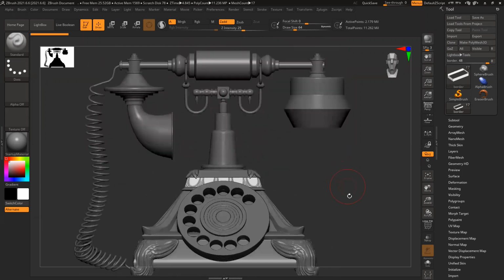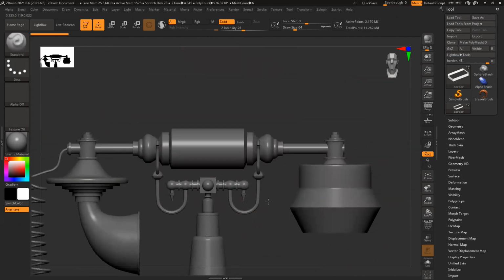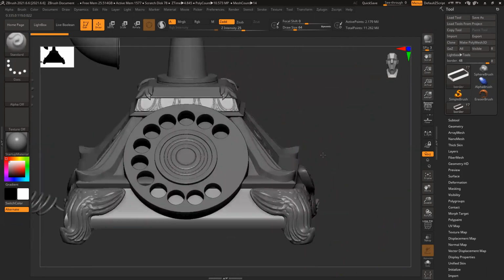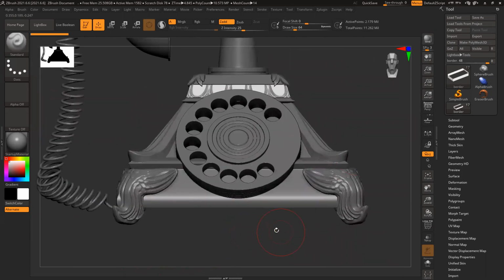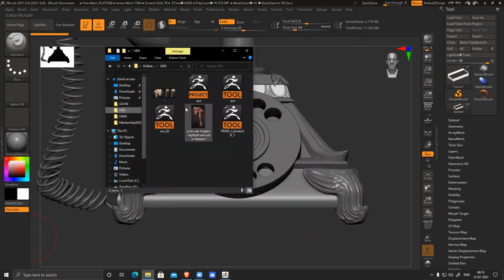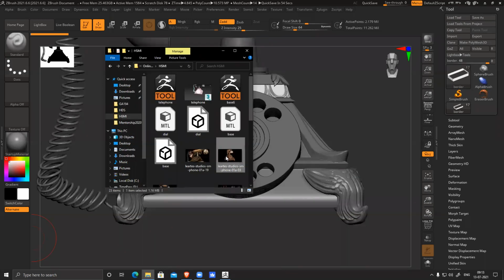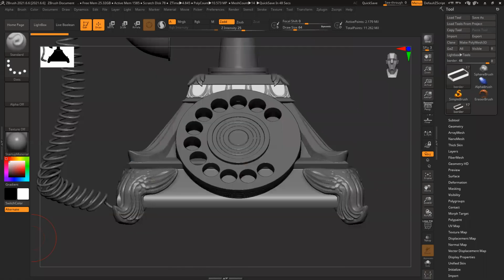Okay, let's start with the rest of the details. Okay, let's see now.